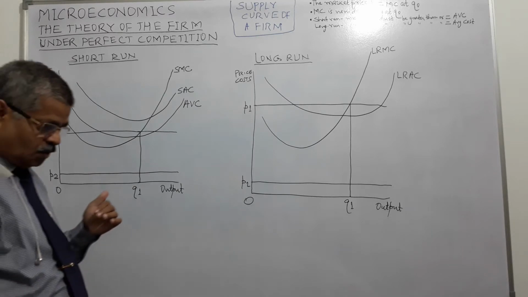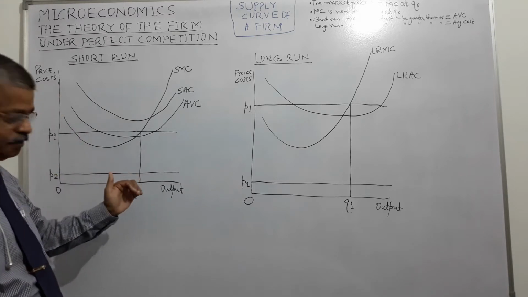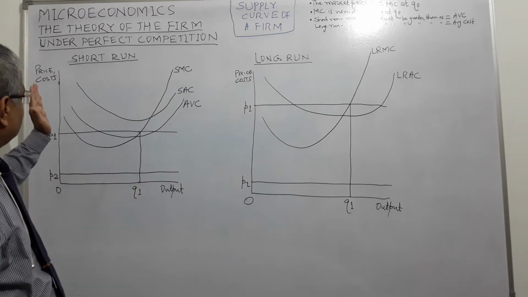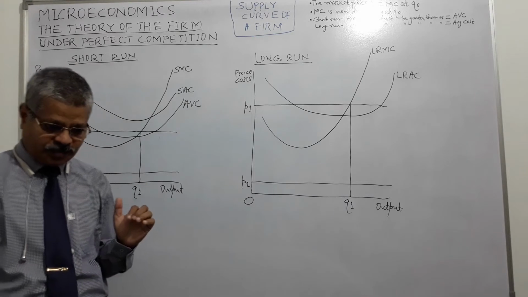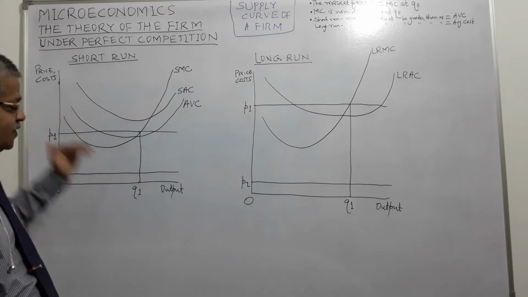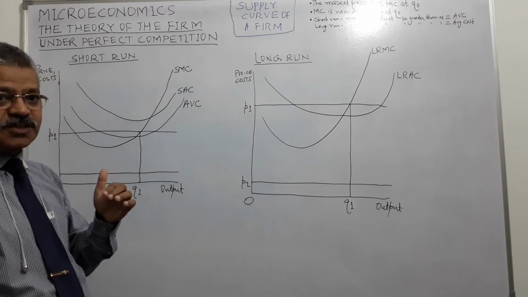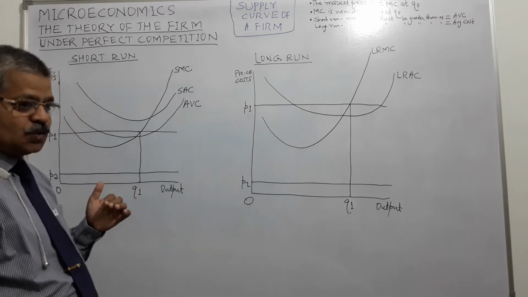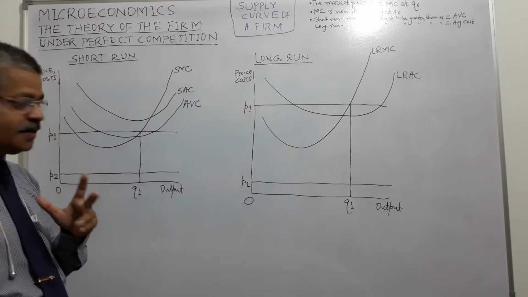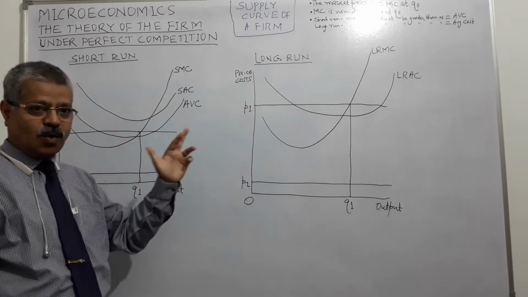So, when we plot the firm's price output diagram, on the x-axis we plot output and on the y-axis price or cost. A firm goes for various price output combinations and goes for the level of output where its profit is maximized. So we will see how the supply curve is decided. For that we will need to do it in two parts, short run and long run.